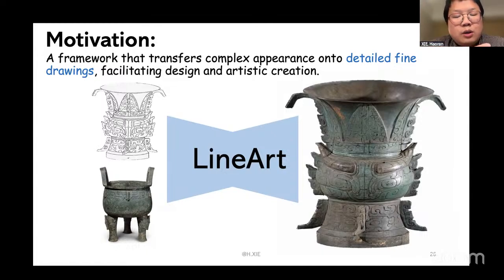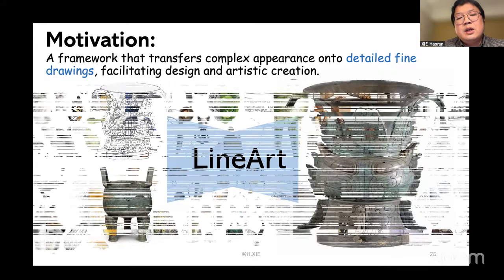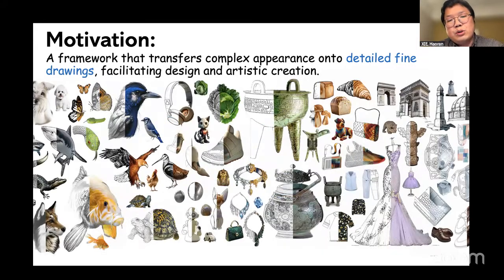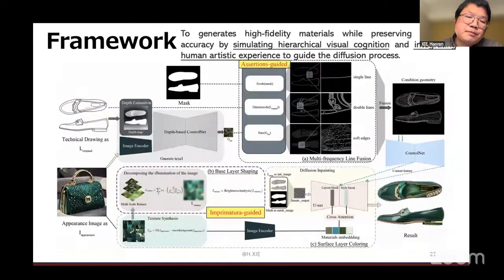In this work we wanted to recover the image from just the line drawing. We can see that the generated result can take the features from the reference image. Of course, not only some portraits, we can also generate fashion images and all kinds of professional design, for architecture, for animals, or for industrial design.